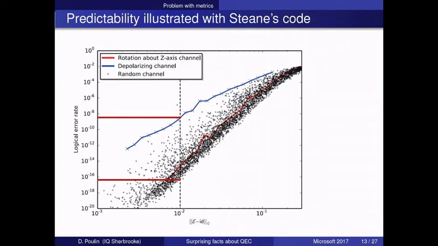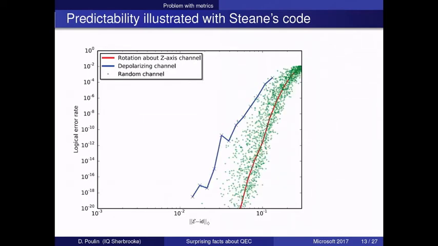So again, if you come up with a noise model, say it has 1% noise as measured by the diamond distance, how well is it going to perform in your fault-tolerant scheme? If I answer you, I have to put error bars that span 10 orders of magnitude. And if you do more layers of concatenation, things get worse. Here, we span 14 orders of magnitude.